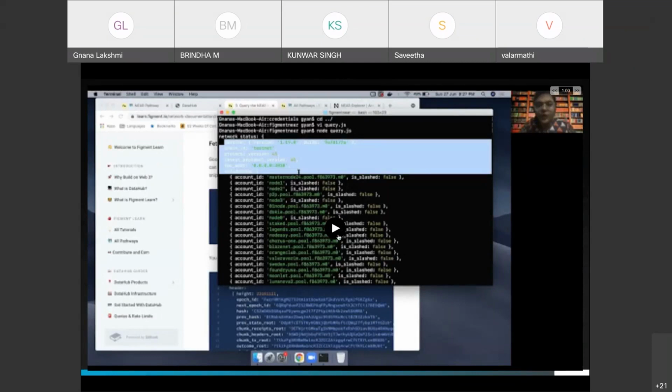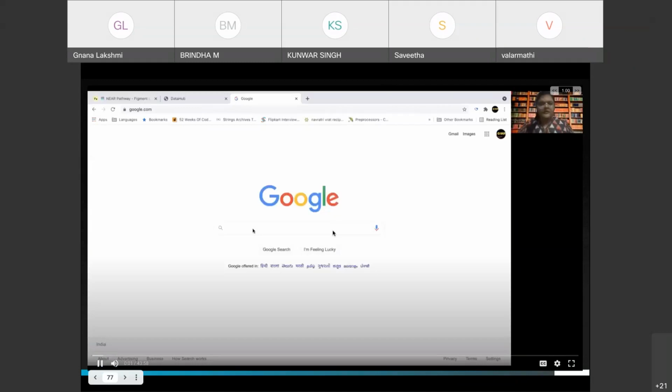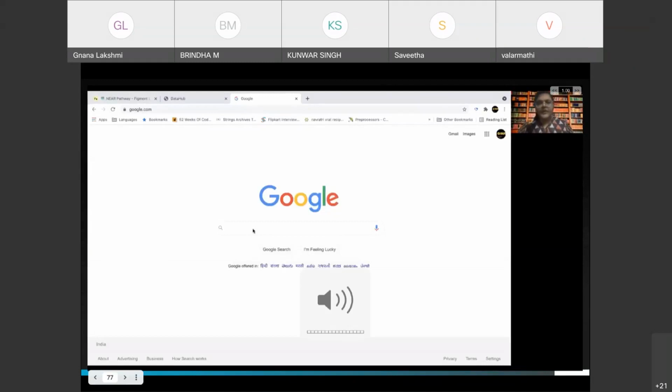So if you have a Figment Data Hub account, you will be able to breeze through this entire tutorial and you have Node.js installed. If not, I would request you to install Node.js and then follow along this tutorial step by step. So here we go. All right. So the first thing that we are going to be doing is walking through how to connect with Near, how to create accounts on Near, what are accounts on Near, and understanding those things. So this is going to be very basic hands-on.